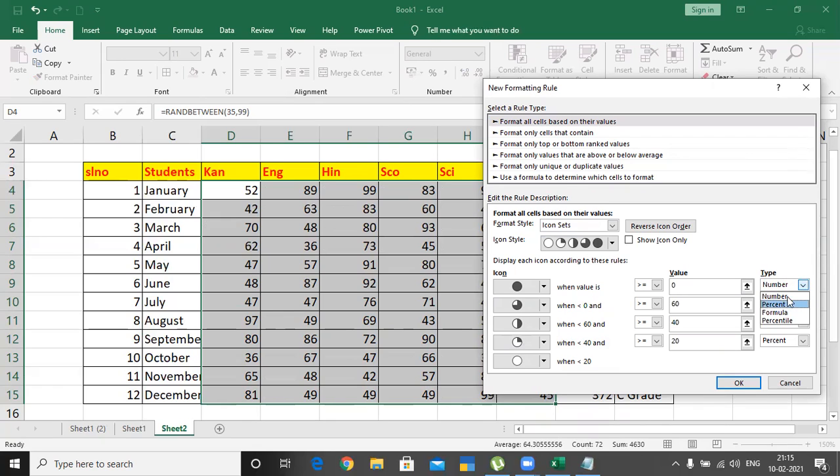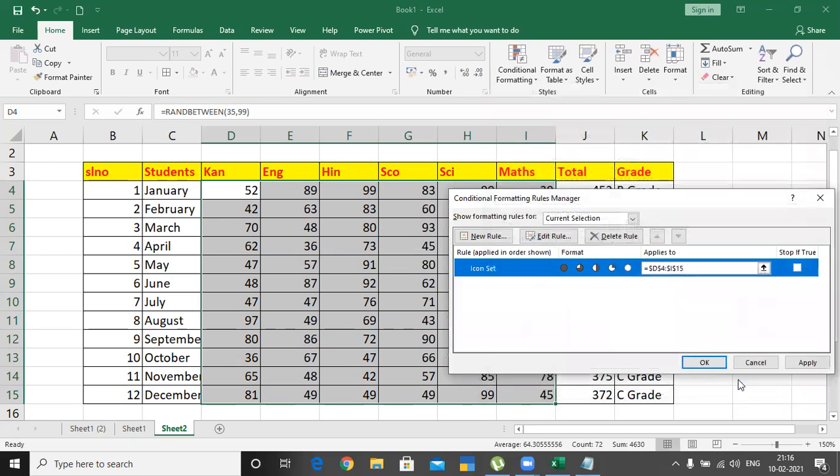So you select the number, not the percentage. If you want percentage, you can select it. So make this a number. Here also make this a number, one by one. The value more than 90, let it take this full dark circle. If the value is more than 75, let it take this one up to here. And here let it take more than 50, and here more than 25. So less than 25, this one will take. And now if I click OK, see what happened as per the conditions.